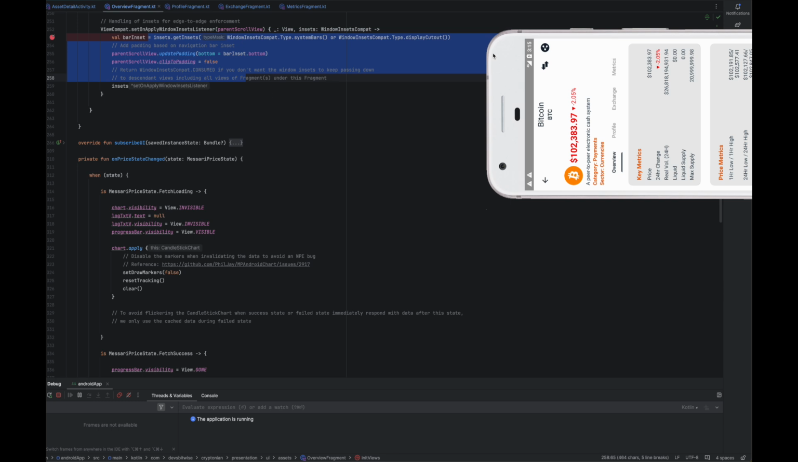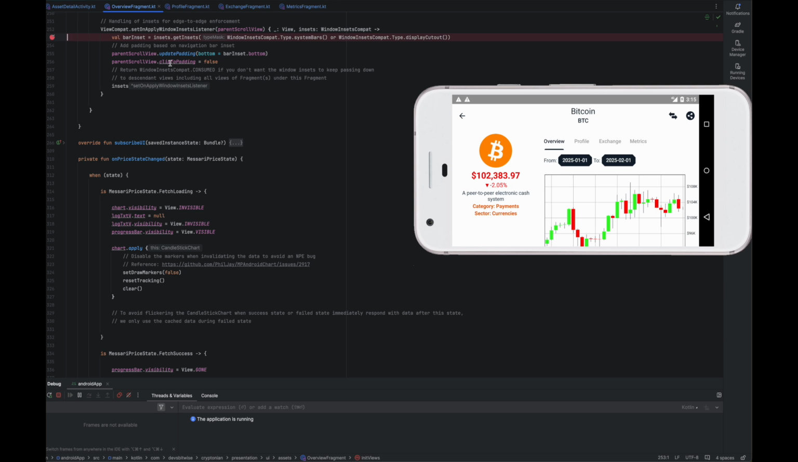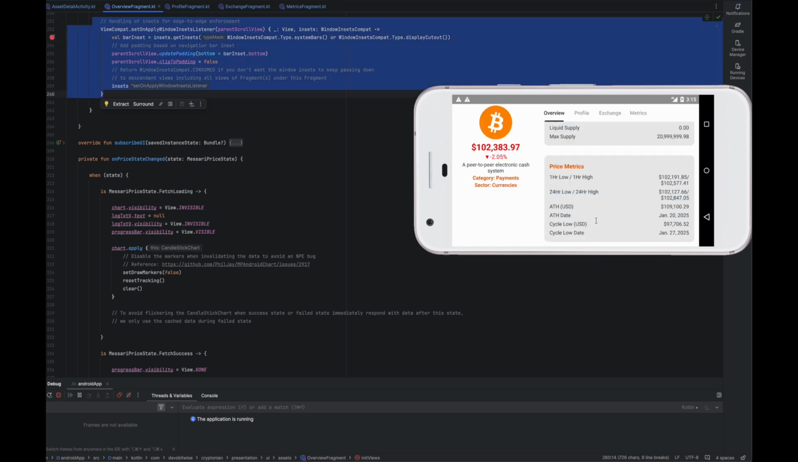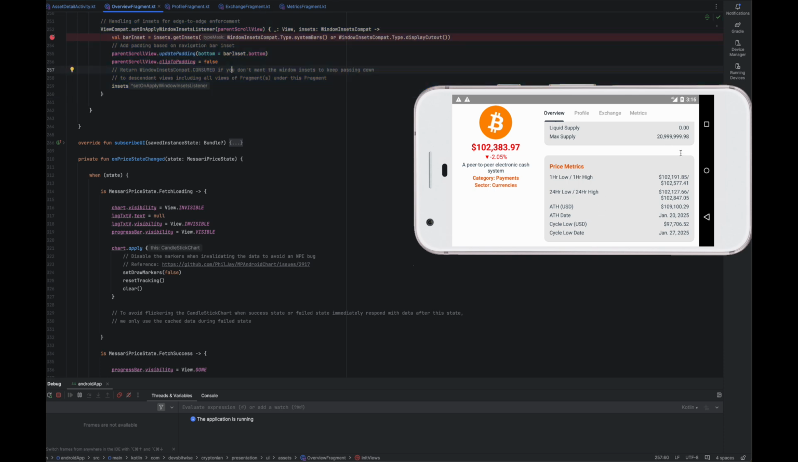So we receive the inset here. As you can see, we only receive the system bar insets on the first fragment of this view pager. Now, at this point, this is not a problem because the navigation bar is always on the right side for a device that is using 3-button navigation, right? But